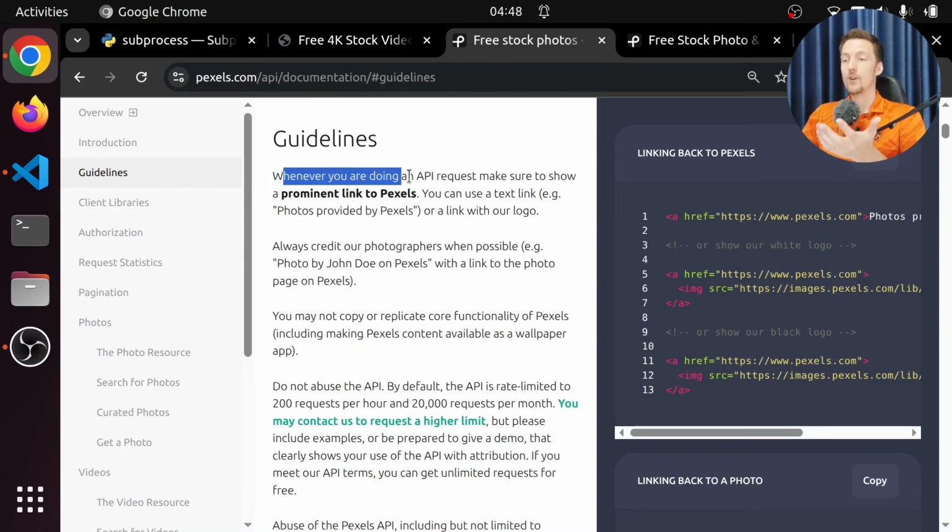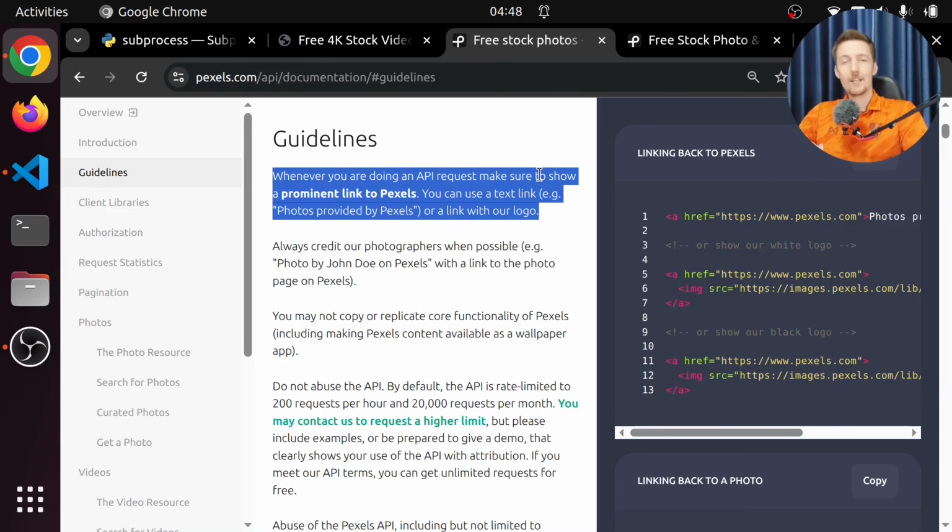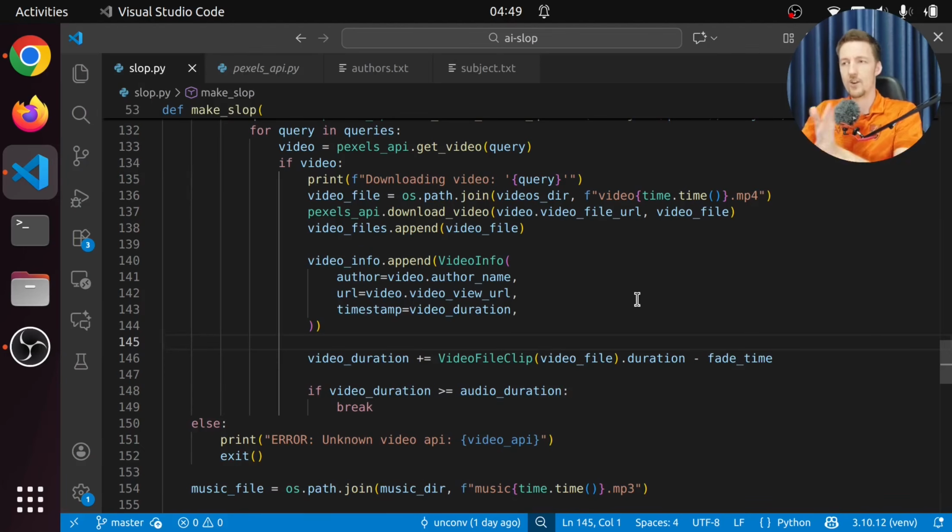And whenever you are doing an API request, make sure to show a prominent link to Pexels. Now, I guess this one just means that if you integrate the API on like a website, that on the website it will like fetch automatically from Pexels, then you should tell the user that you're doing that. But in this case, it's a little bit different because we are generating the videos beforehand. But anyway, it's nice to credit the authors.